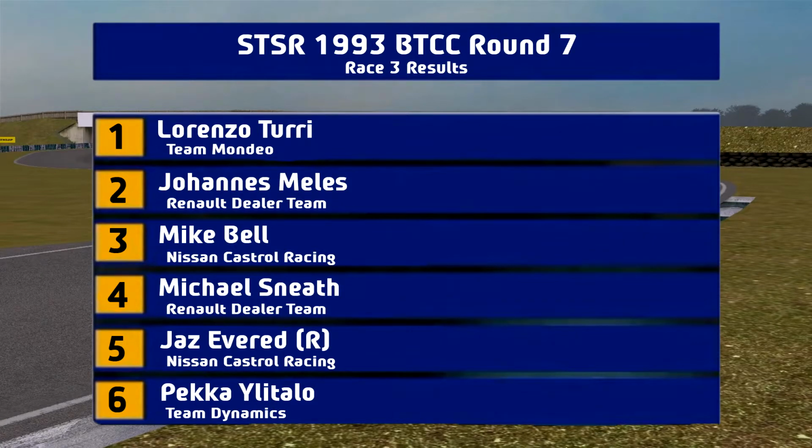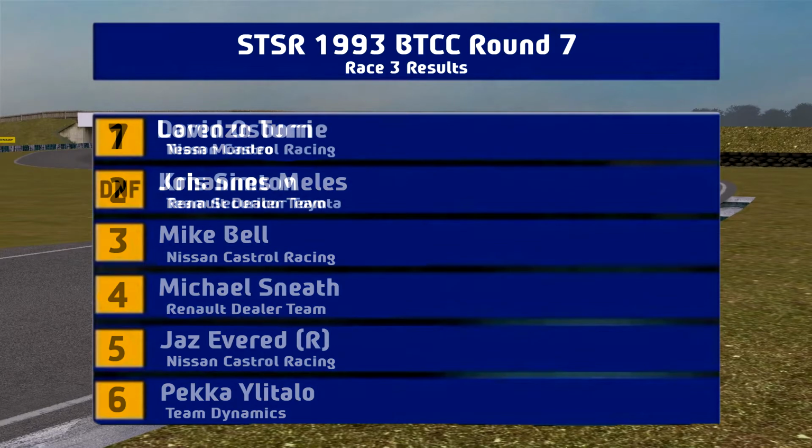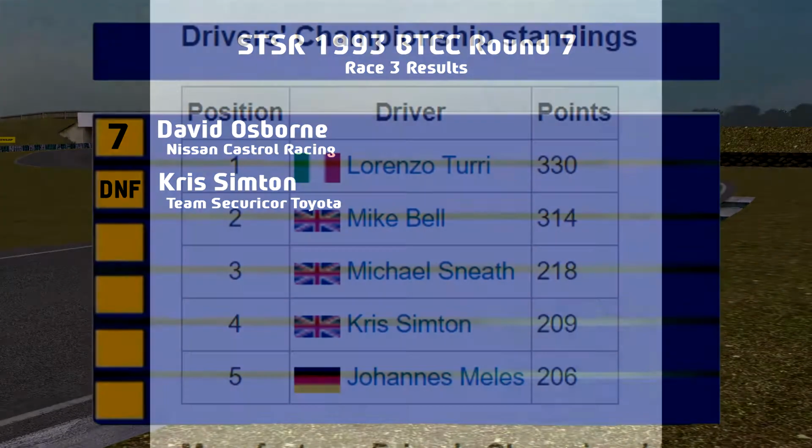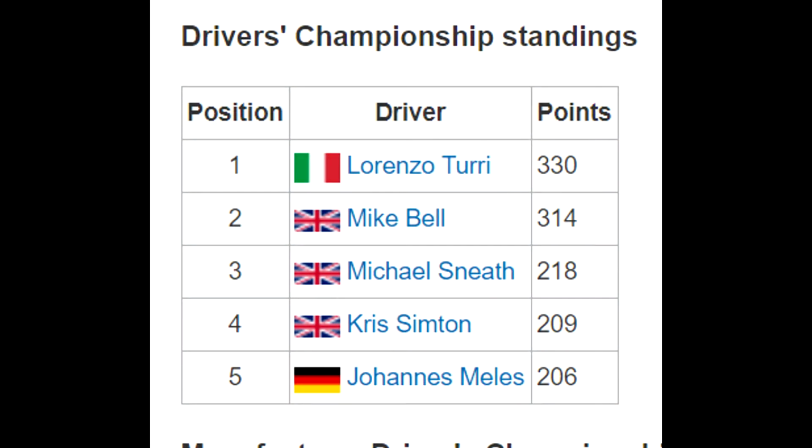And Lorenzo Turri takes the race win ahead of Johannes Melis and Mike Bell, who finished the race ahead of Michael Sneef, Jazz Everett and Pekka Litalo. So Pekka once again in the first half of the pack, and Jazz a solid performance here in his Nissan Castrol racing car, and he even made some adverts for himself with a good defensive job here against Johannes Melis. So good job there by Jazz, and David finished in 7th and last because Chris sadly retired with a big roll there, I would say. And it looks like he has killed some spectators as well, but it is just a game,